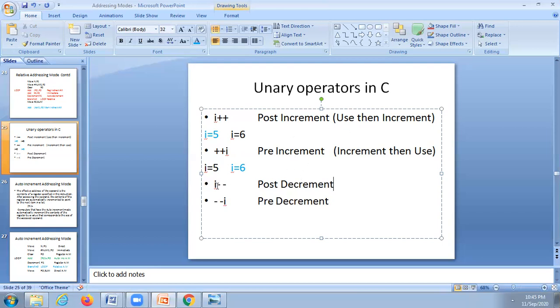This is called post decrement. This is called pre decrement. Post decrement means first use it, then decrement.